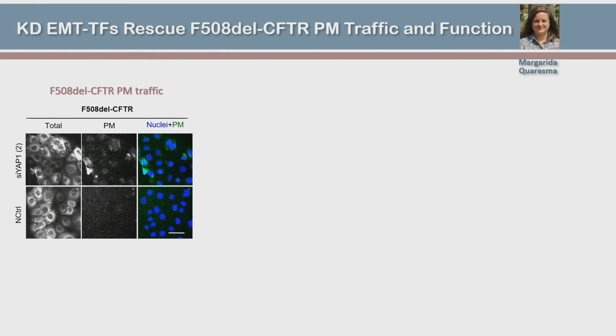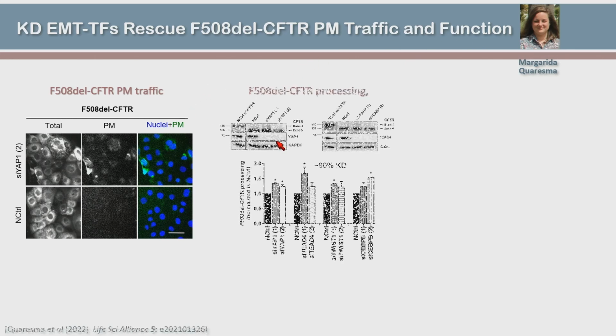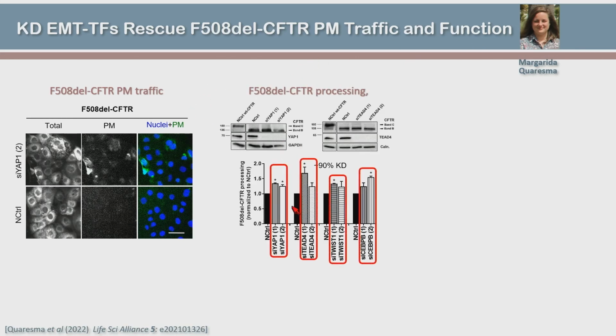So by knocking down some key transcriptional factors that cause EMT, what Margarida was able to show is, so I'm showing here YAP, but also TED4, TWIST1, and CEBP beta. All these factors actually contribute when we knock them down, so reducing the mesenchymal state of the cells, we can